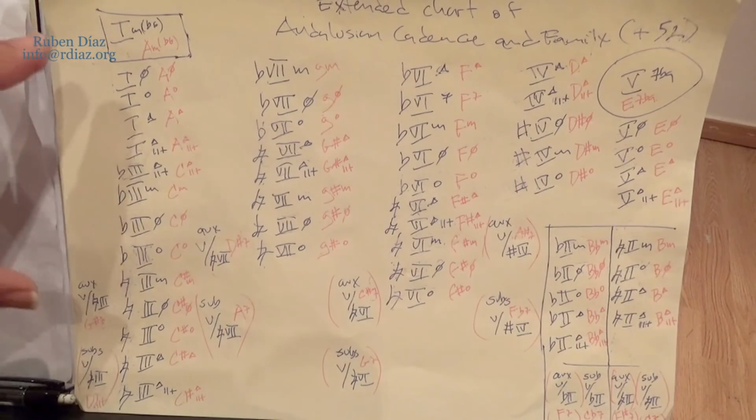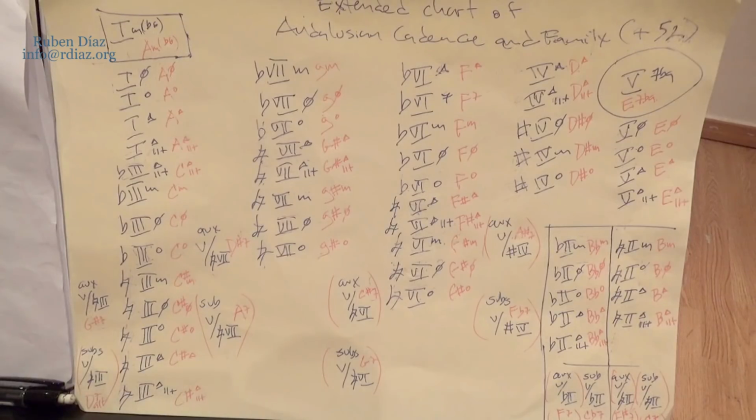Again, these are mainly used in a coloristic way, besides the many forms in which these diminished chords can move, which are very malleable,